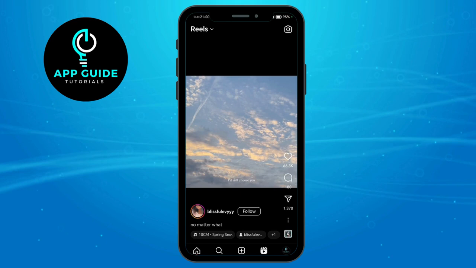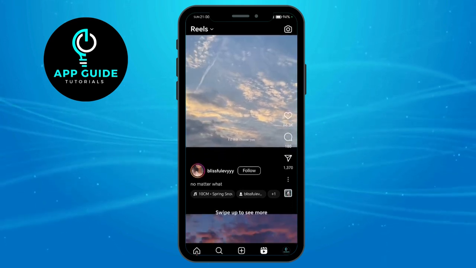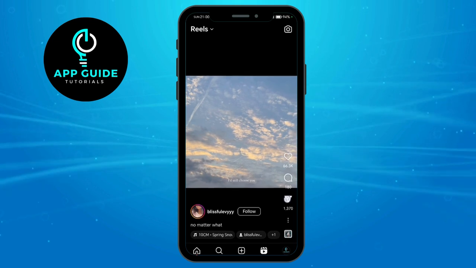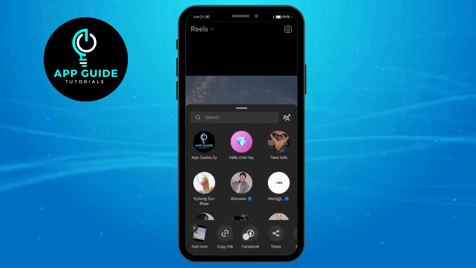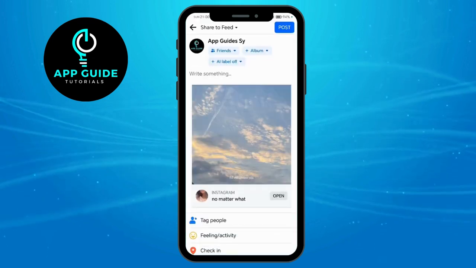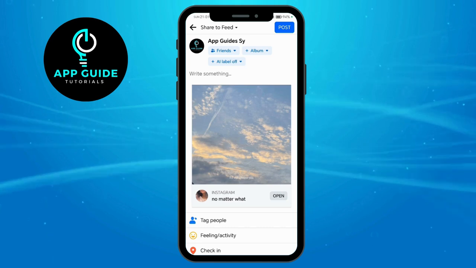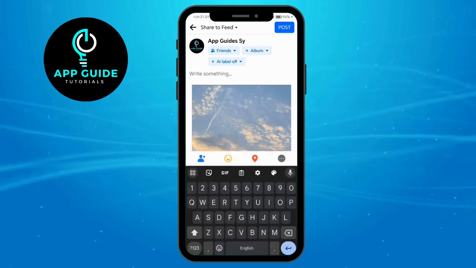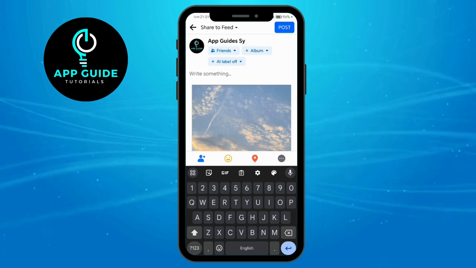Now, if we want to share someone else's Instagram Reel, all we have to do is to tap on this airplane button right here and click on Facebook option that is given to us right here. After that, we are redirected to our Facebook feed, and now we can write something as a caption to that specific Instagram Reel. Let's say